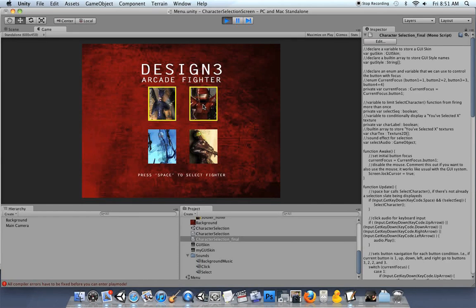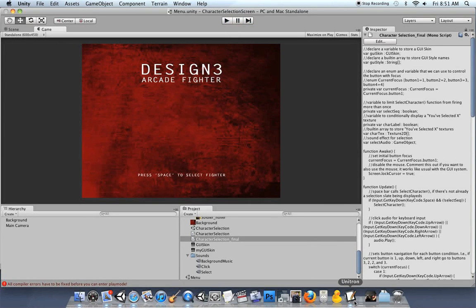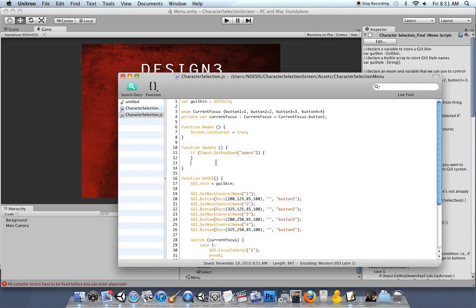When the focus is on this button, we want all those arrows to do different things. We want them to go to different buttons. So we have to set up what we want our up, down, left, and right arrows to do in each of these conditions. So the way we're going to write that